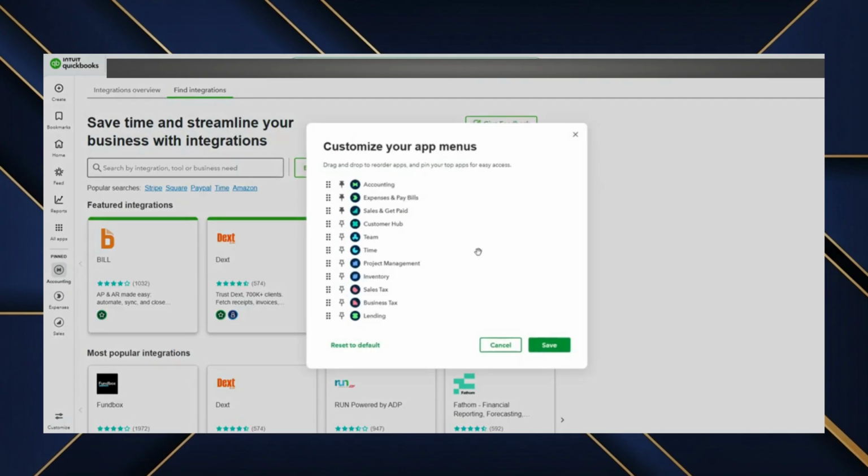After connecting, return to the apps list anytime to open the app, adjust settings, or disconnect if you no longer